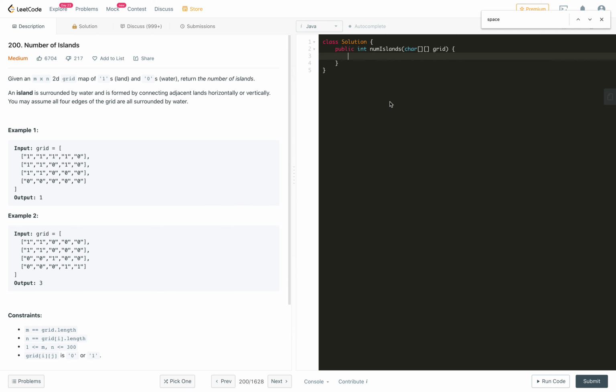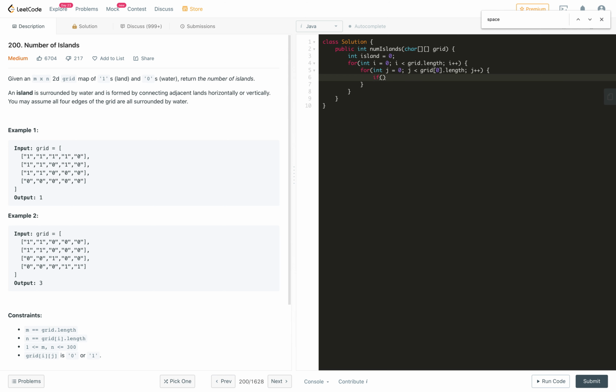For the VFS solution, let's again initialize island from 0. For int i equals 0, i less than grid dot length, i plus plus, for int j equals 0, j less than grid of 0 dot length, so number of rows, j plus plus.